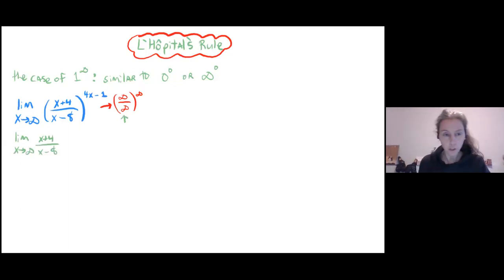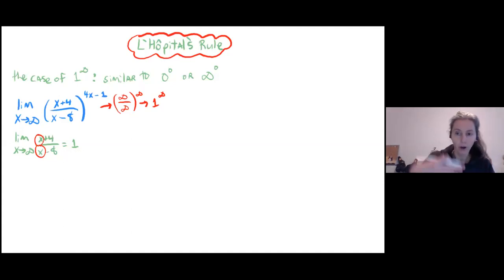Here we're approaching infinity. We've got a polynomial over a polynomial. We can just take the big stuff and see immediately that this equals 1. So what we actually have going on here is 1 to the power of infinity. So that is an indeterminate form. And with this indeterminate form, the technique that we use is e to the power of ln of all of this stuff. So we're going to remember